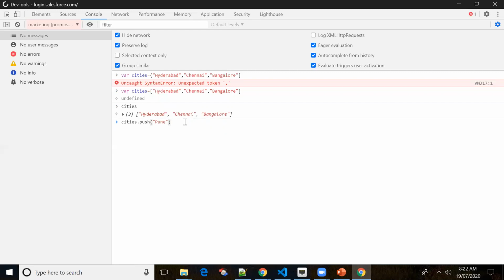Let me execute this and print the cities. See here, the Pune city got inserted at the end of the array, not at the beginning. That is the use of the push method.